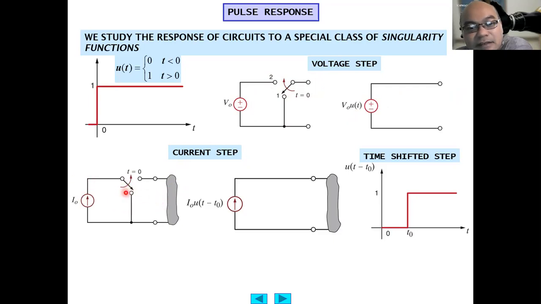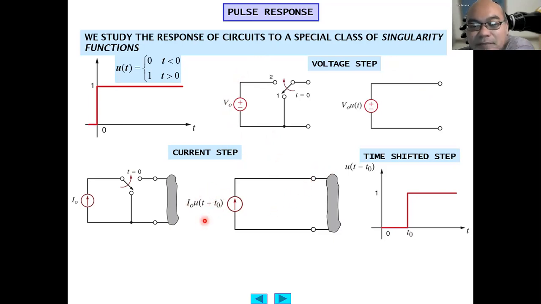In this case, at t less than 0 seconds, the switch is at this position and the current only flows in this loop. When the time is 0 seconds, the switch is moved to this position, then current starts to flow in this load. When the switching happens not at 0, for example at t equals t0, like this,